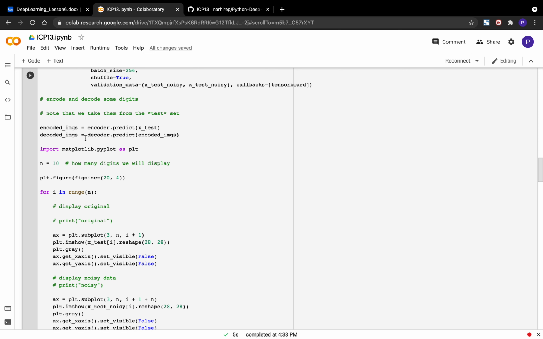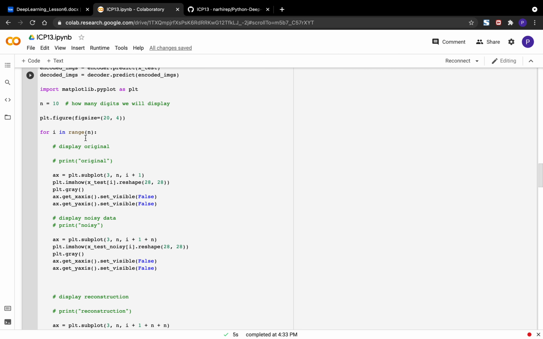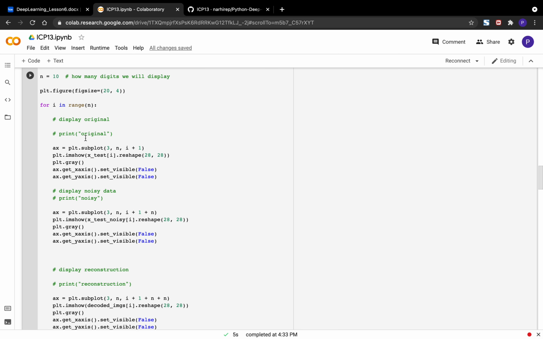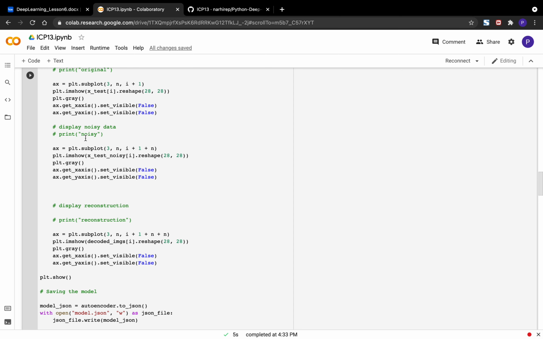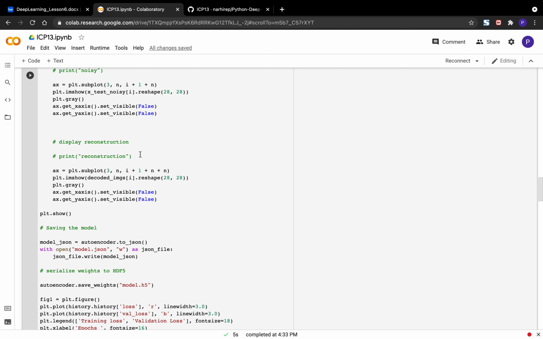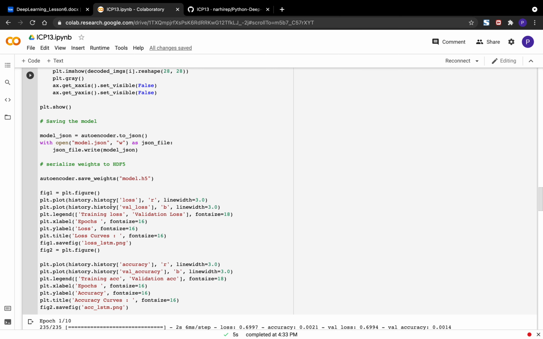After that we do the encoding and decoding task. On the test data we do some training, print the original data, then add noise to the data, and then we reconstruct the image and show it.